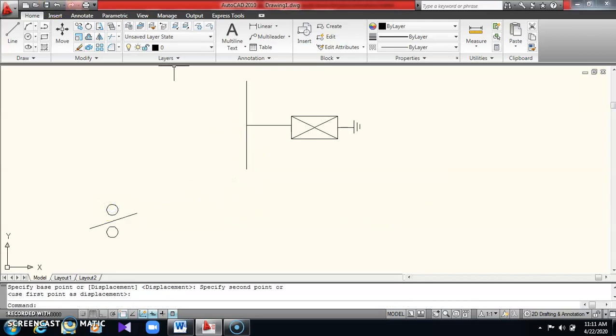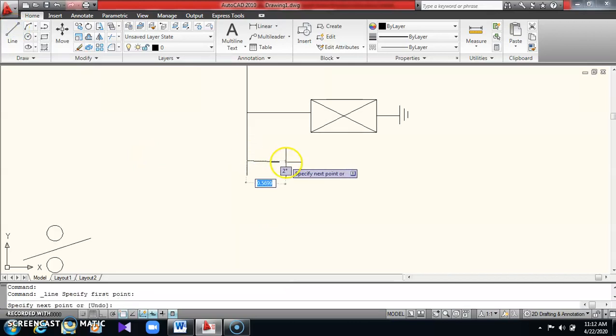The isolator and all. Now we have to provide the coupling condenser. From this I'll draw a line, with F8 turned on. Draw a line here, copy this and paste.